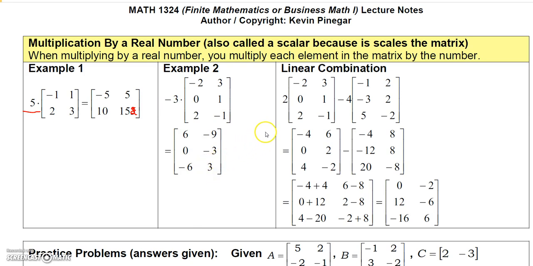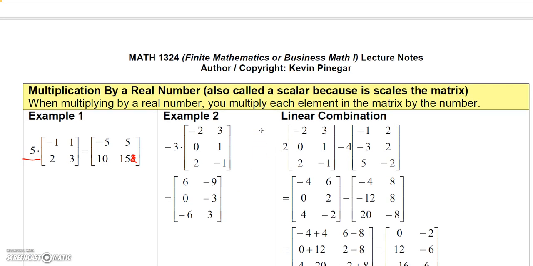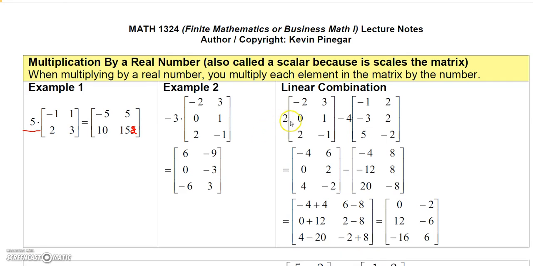Now, we can also do a linear combination which combines the multiplication and the addition and subtraction properties. So, for instance, here it asks me to take 2 times this matrix and then subtract 4 times this matrix. Okay, so the way I'm going to do this is I'm going to multiply this matrix by 2 and multiply this matrix by 4, and I'm going to leave the negative out here. Now that's important to understand because another way to do that would be to change this to plus, but if you do that, then you would have to multiply everything in here by negative 4. But I think it's easier just to leave it as a minus, and then multiply everything by